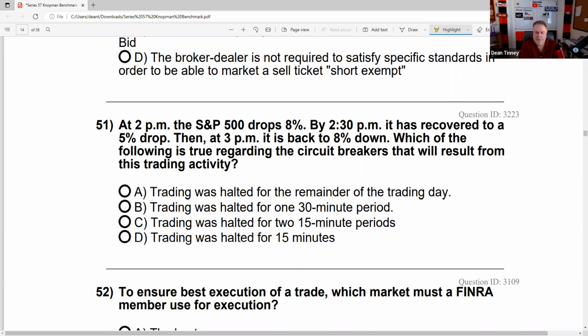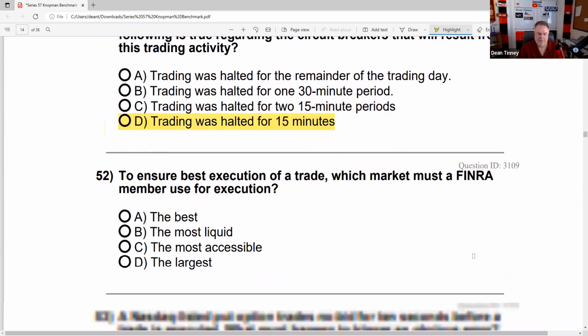So we should have been able to eliminate A, because A would be 20%. So A is out. We should note it's not going to be one 30-minute period. So it's going to be not two 15-minute periods. It's halted for 15 minutes, right? So the 15 minutes occurs, and then it would have to go all the way down to 13. So it's going to be what? Boom. So we don't go 8, it goes all the way to, I call it the low water mark, right? So that's the way I think about it. The way Dean thinks about it is not testable,